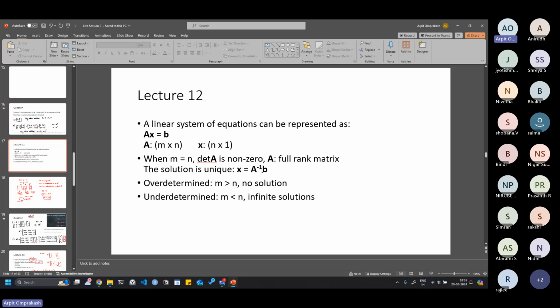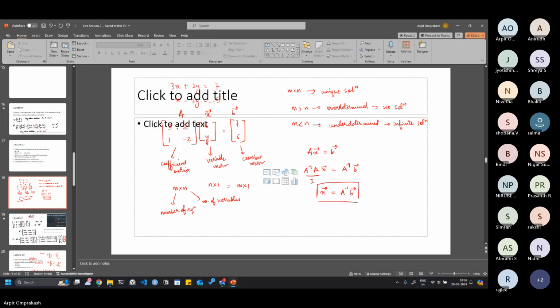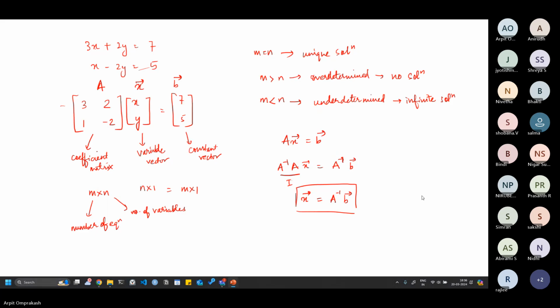Then we talked about a system of linear equations, right? And how to solve them. So let's say we have a system of linear equations. We can express it in the form of Ax = b. So basically, in this case, it's Ax = b. So b is the constant vector, x is the variable vector, and A is the coefficient matrix, which we get